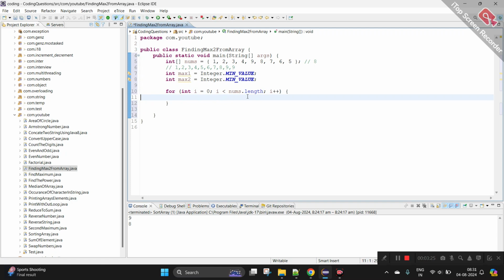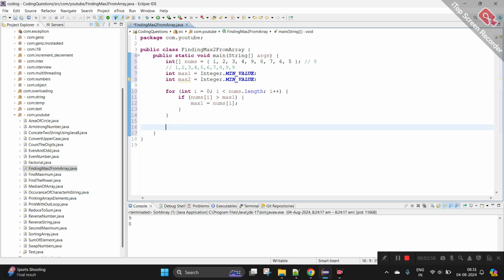Now I am taking the if condition: if nums of i is greater than max 1, then max 1 equals nums of i. This one is greater now, so assigning the value, right? So here we find the maximum value. If the duplicates are there or not, it will not impact.